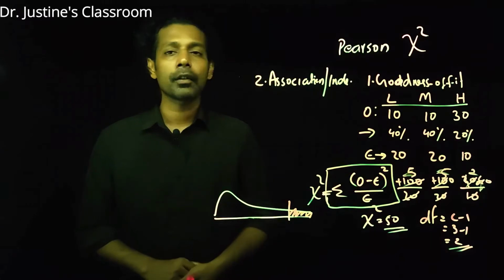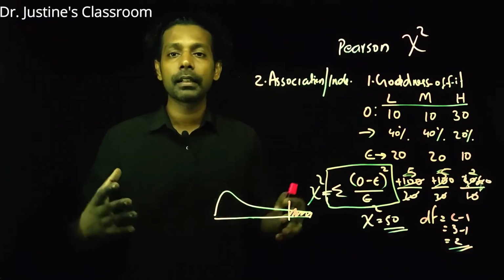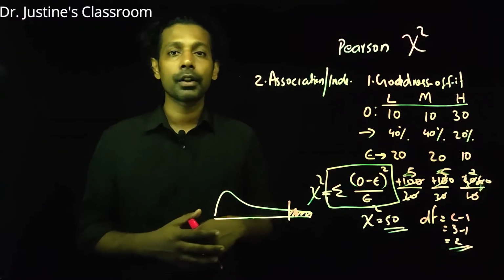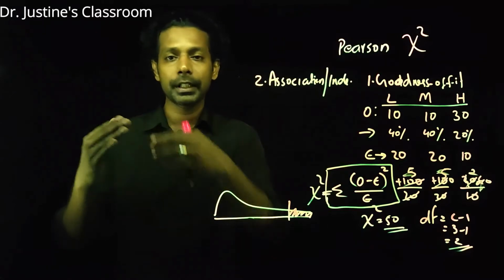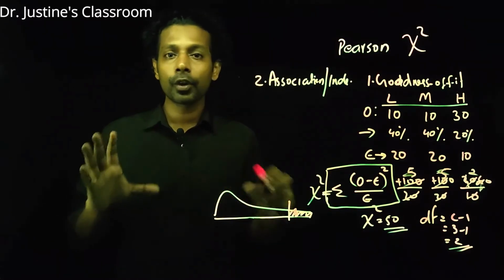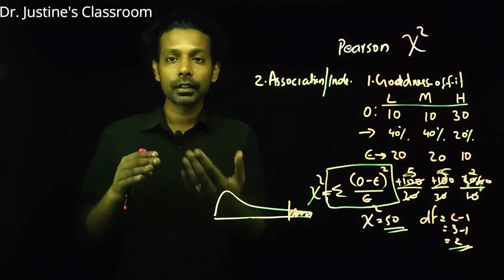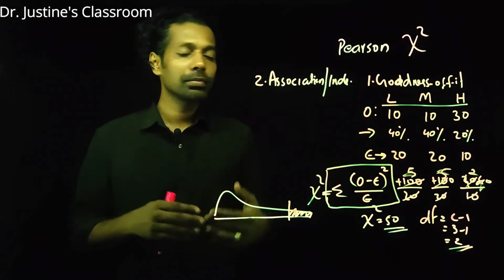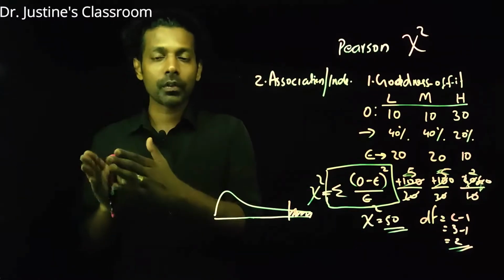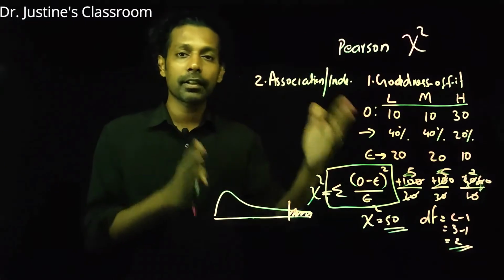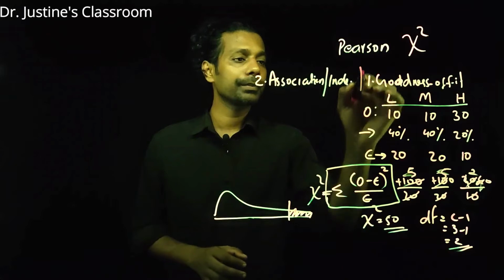For example, I may argue for a uniform distribution. Let us say I say that the number of motor vehicle accidents that happen in a year are uniformly distributed. That means I'll take accidents in each month, January, February, March, April, like that every month, and if it is uniformly distributed, you should get an equal number of accidents. So that's a uniform pattern, right? So that's a kind of expectation or a pattern that I expect. So I'll see whether these original observations are the same as the expected frequency. So how much deviation exists between this data. So this is the goodness of fit.